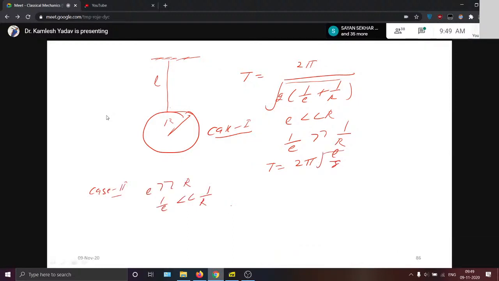Now R is the radius of the earth, which is equal to 6400 kilometer, and g is equal to 9.8 meter per second square. Substituting these values, the time period comes out to be 84.6 minutes only. If we consider this an infinite pendulum, then this will be equal to this. And if we do the experiment at the surface of the earth, where L